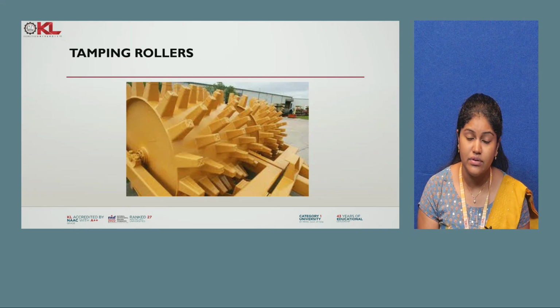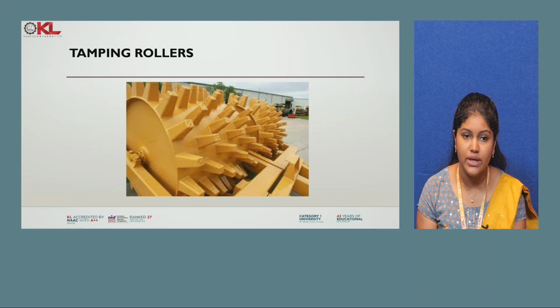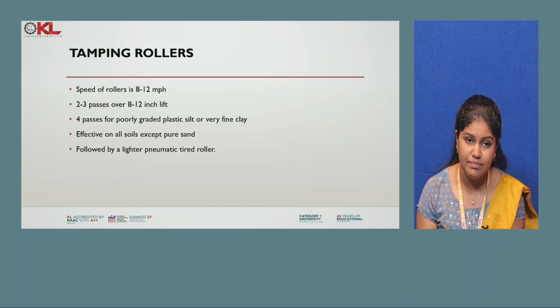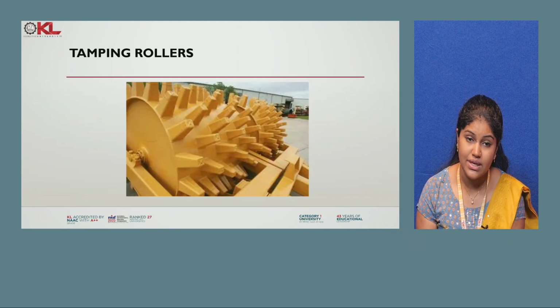The length of the tamping thing is a little more than when compared to the sheep foot roller. You can see that the needle has a little more length. In the sheep foot roller, that much length is not there, it is exactly like a sheep foot. But in the tamping roller, the length is more, so that it will go inside the soil more and